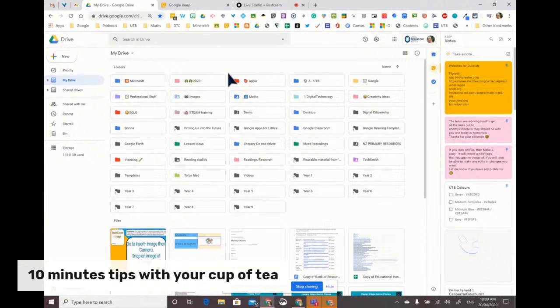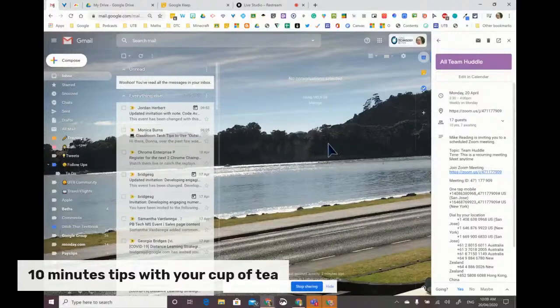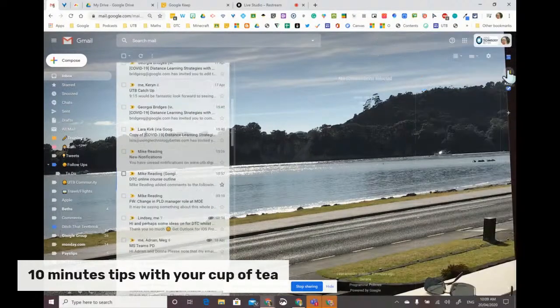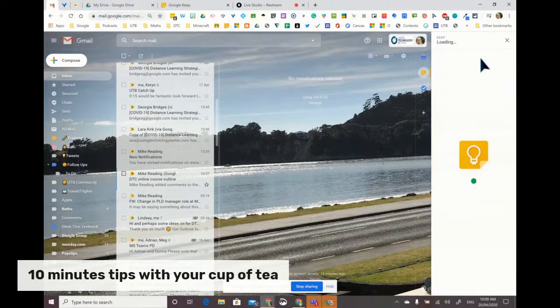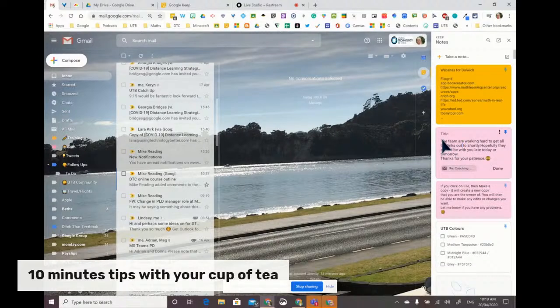Now, one of the ways that I use this really often is in my mail. So if I just close my calendar for a moment, which was also opened as a side widget, and open the Google Keep widget, I will often get requests from people asking if I can give them edit access to a file. And so I just have a reply sitting here in my Keep. I just double click on it, I can just copy that reply,